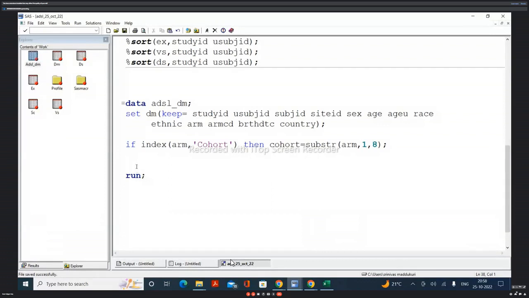If index of arm comma. Good. What will the index function do, everybody? The index function is going to search for a given character string in a string, and it will return the position. If it returns something other than position 0, that means we have that string. Otherwise, we do not have that one. So if index of arm comma group,